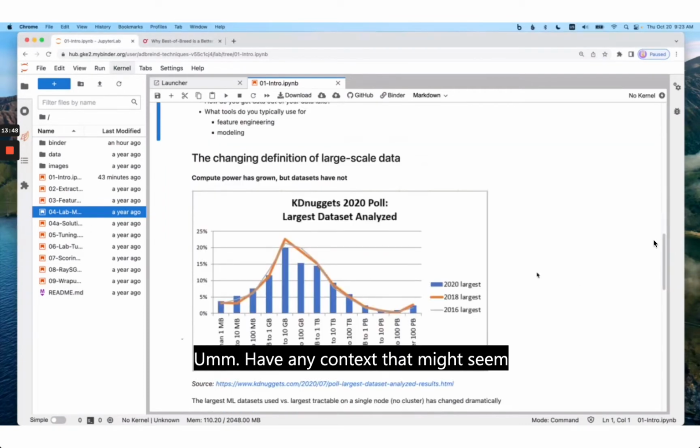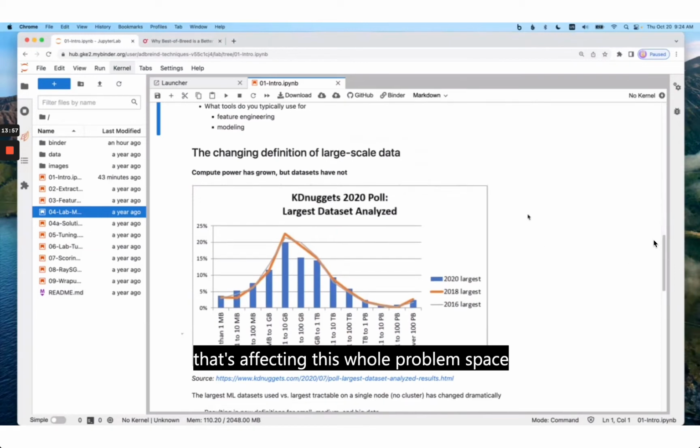That might seem really big or it might seem really small. One of the things that's really interesting that's affecting this whole problem space is captured in this chart here. And I have to be thankful to Andreas, I think it was Andreas Müller, who is one of the maintainers of scikit-learn. I owe this insight to him because he gave a talk a few years ago where he said, one